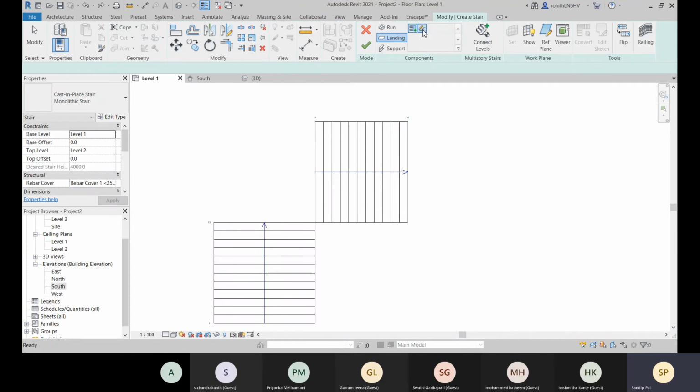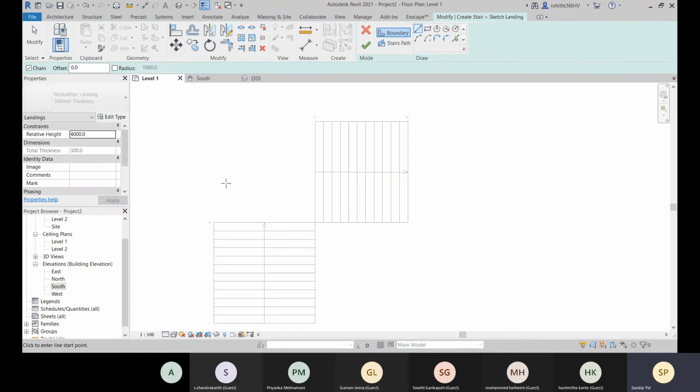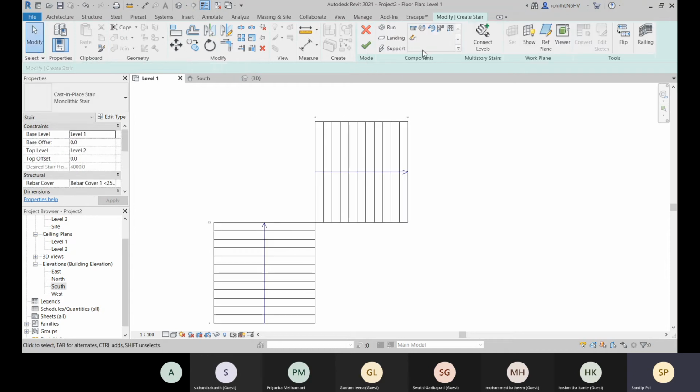Or else I can go with create sketch and create the sketch, and set the relative height at which the landing will be placed. I will not go with that option. I will select this pick two runs option. This is first and this is second, and here you can see that this is simply connected.